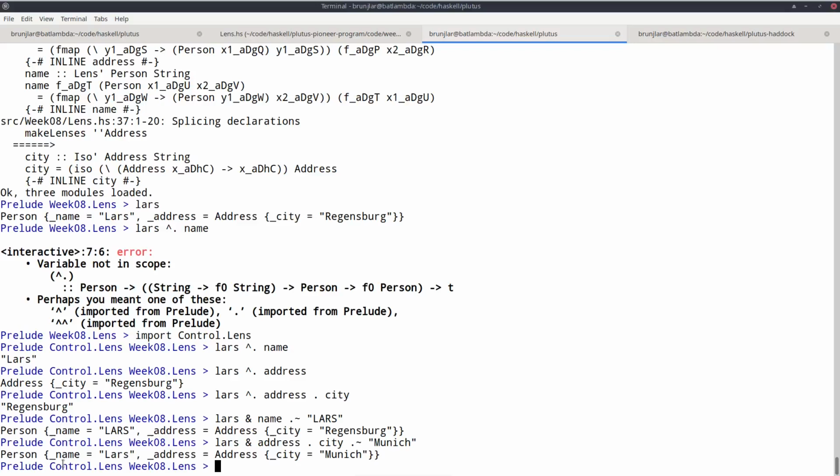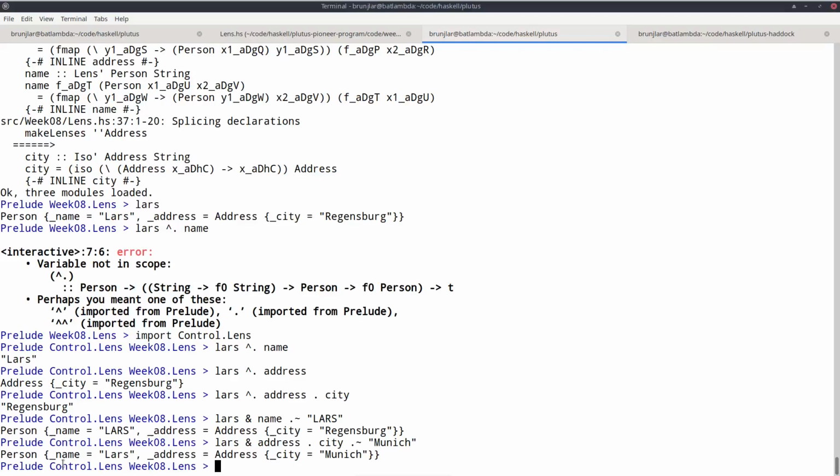So name and address are lenses, and the intuition is that a lens focuses on a part of a data structure, like the field in a record type. There's a different type of optics called traversals, which doesn't only zoom into one field, one thing, one smaller part, but into many simultaneously. So if you have a list, it would zoom into each element.